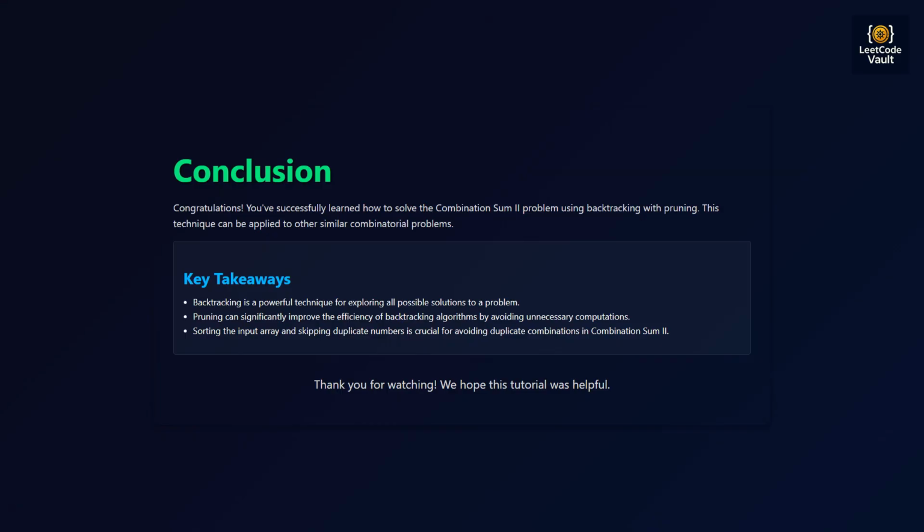Conclusion. In summary, we successfully solved the Combination Sum 2 problem using backtracking. We discussed the importance of handling duplicates efficiently and explored the time and space complexities involved. Understanding these concepts is crucial not only for LeetCode, but also for your coding interviews and real-world programming projects. This solution demonstrates a more efficient way to approach this problem compared to the naive brute force method. Remember to